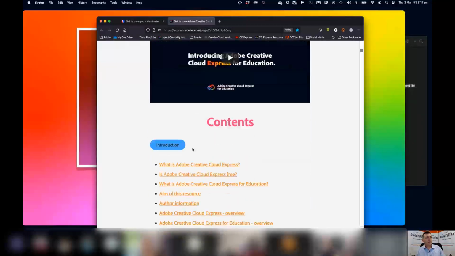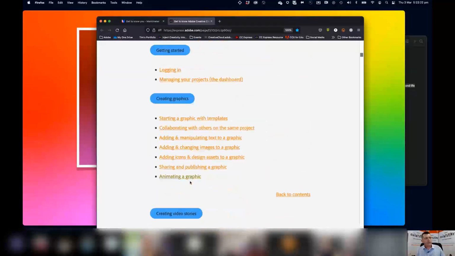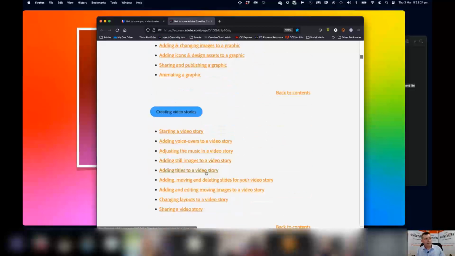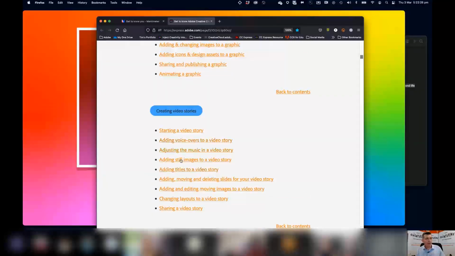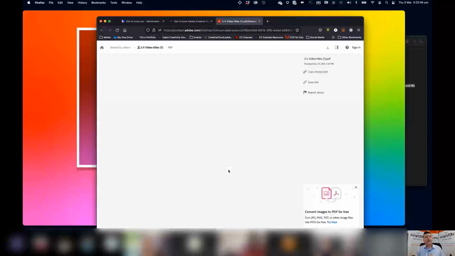And then you can go into the contents, and there's an introduction to what this is all about, how to get started. If we scroll down to the video stories, everything that I showed you about Creative Cloud Express is now explained in individual little videos. So how to add titles to a video story. If you click on that, it has a little 1.5 minute video that explains that process, but also a PDF that gives you a step-by-step guide on how to follow that process. And you can print that PDF out if you want to and give it to your students, or you can just put it onto the classroom wall or put it in the learning management system